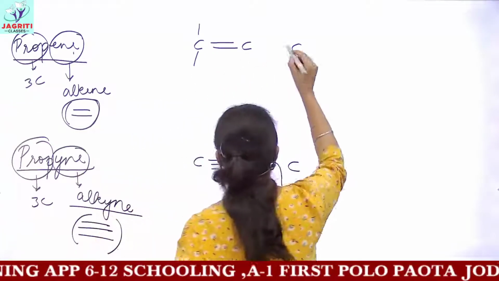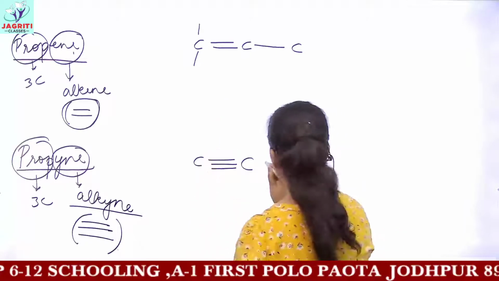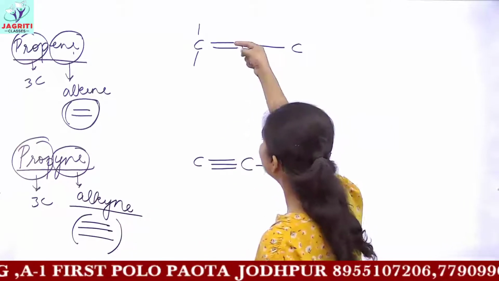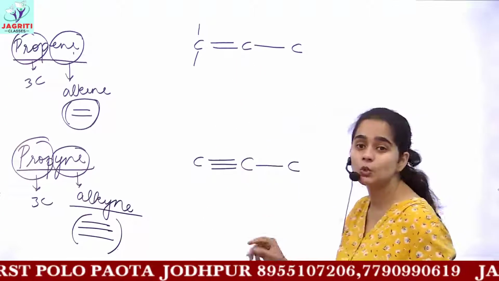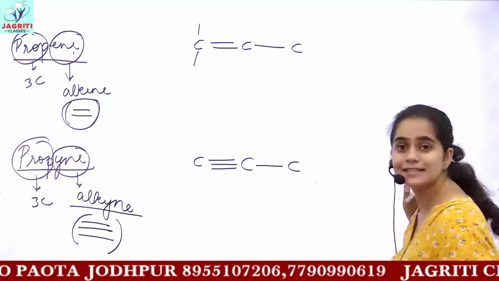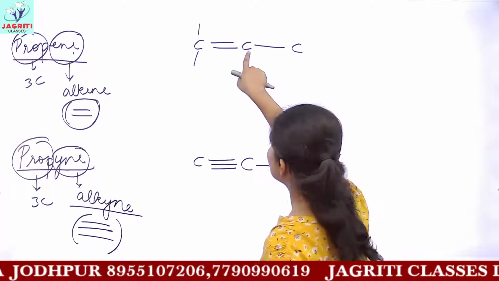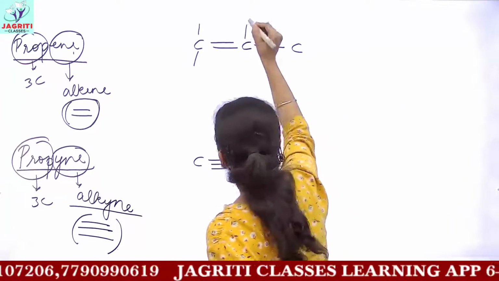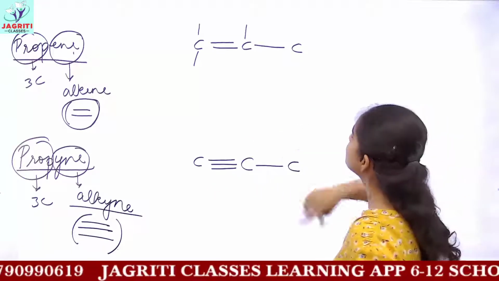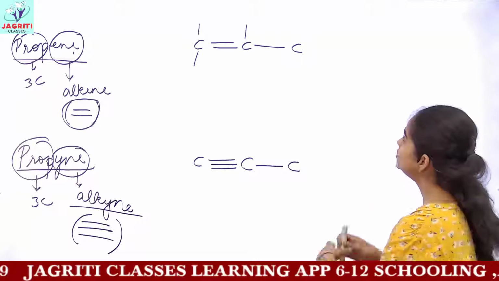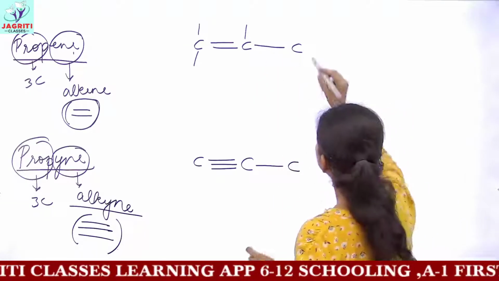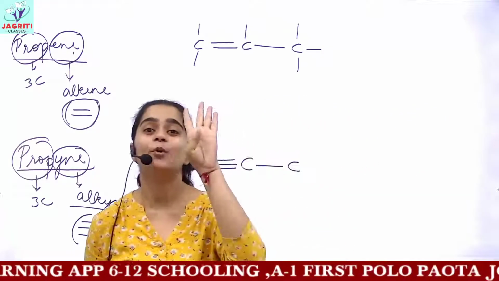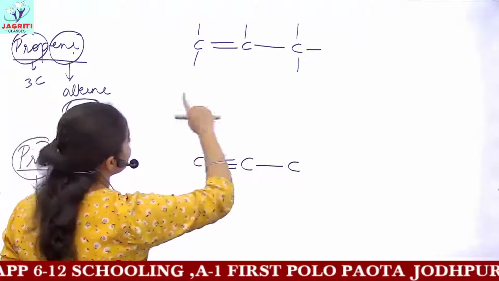Coming on to the next. After putting this double and triple bond, join all others with a single bond. Alkene and alkyne means only one triple bond or one double bond should be included. Rest all carbons will be joined by single bonds. Now because this second carbon has 1, 2 and 3 bonds already joined, only one bond is remaining. Coming on to the next, how many bonds should I draw for this? One bond is already present, so the remaining 3 bonds are required because each carbon should be completed with 4 bonds. So this is the structure we got.